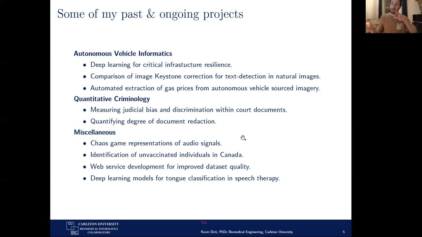And then there's a number of miscellaneous projects. So I did a chaos game representation for protein type applications with another set of collaborators. We're trying to do this also for audio signals, which is interesting. We can use that as a representation to try and classify between different types of sounds. My own data science project for the graduate level course that I took back in 2016 was actually on trying to identify